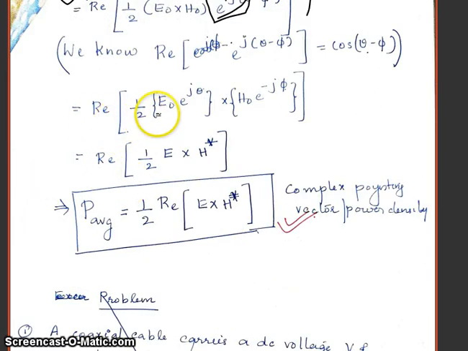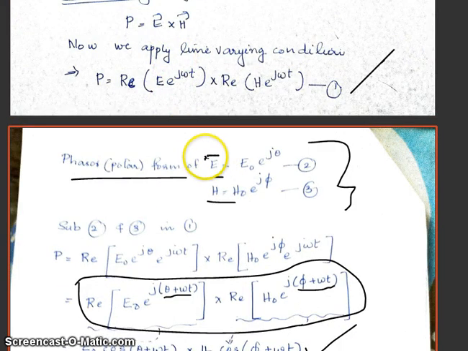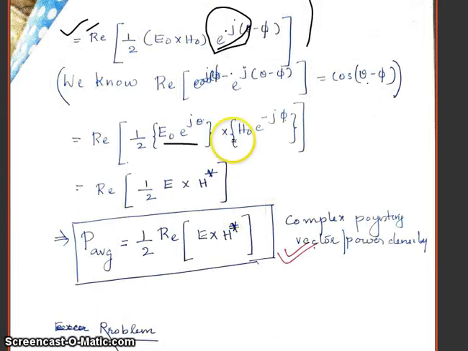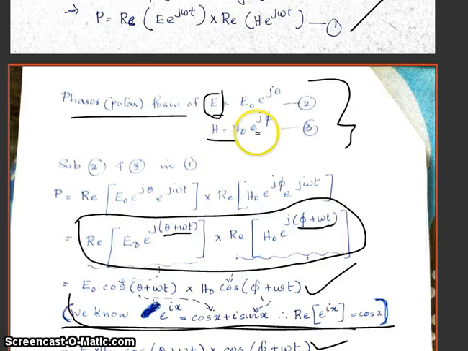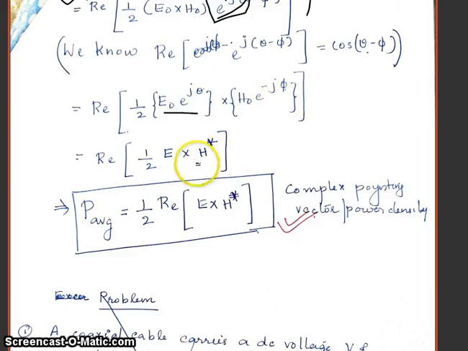So I can write it as the real part of half into E naught e raised to j theta into h naught e raised to minus j phi, which is written as the real part of half into E naught e raised to j theta. Here it is written as E, so I have taken it as E. Similarly, what is h naught into e raised to minus j phi? It is h complement, because here we have taken h as h naught into e raised to j phi, but in this derivation we got it as minus j phi. That's why we have written it as h complement or h star. So finally I can write P